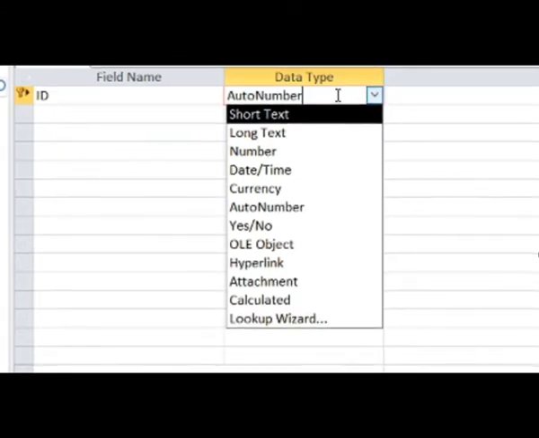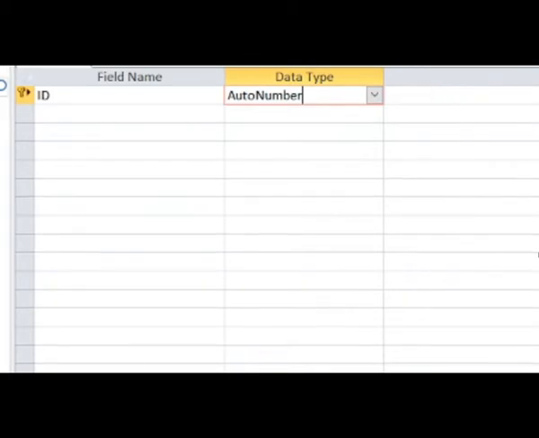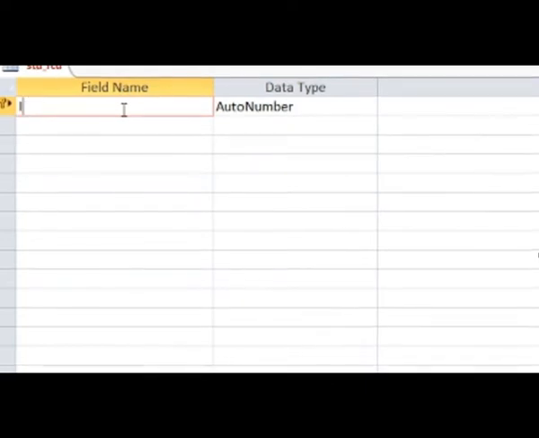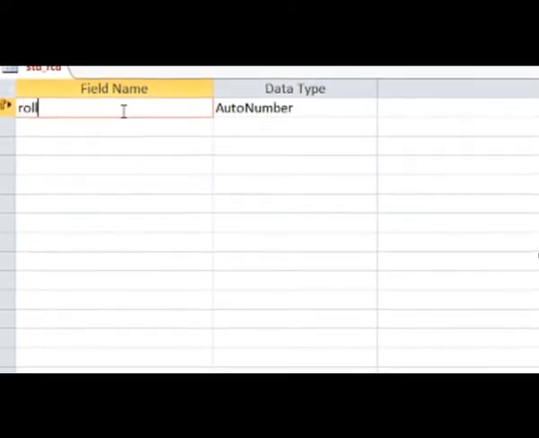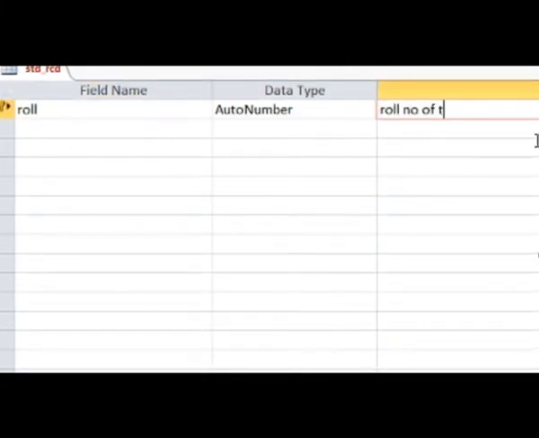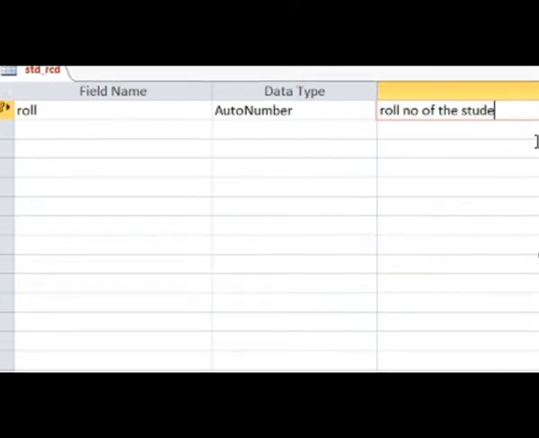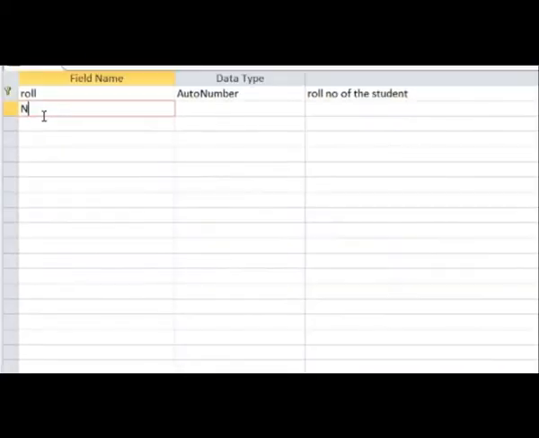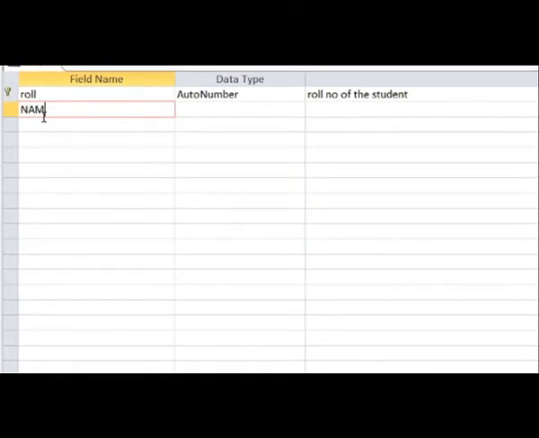So here for ID, identity, we will use auto number because we do not want any child's roll number to be same. Otherwise we would have taken it as number. And let me change the field name from ID to roll number and put a description that this will be the roll number of the student. Have you understood, children? So this is the optional column, third one. First two are important and mandatory, and you have to take care of while designing the table because this is the design view.